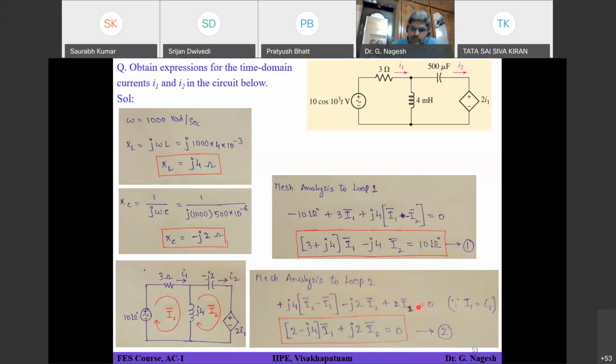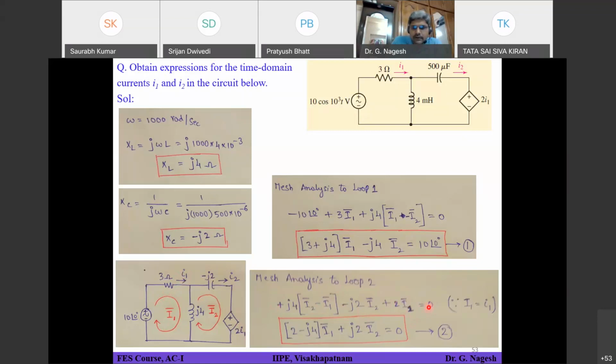In the present circuit, it is a current dependent voltage source. On what current is it depending? It is depending on current I1. This current I1, which is an instantaneous current, and the phasor current, the I1 loop current you have chosen, are exactly in the same direction. So the two currents are the same. Only thing is one is in time domain, another is in phasor domain. Since you have to write your expression first in phasor form and then solve it, we are writing the phasor current I1.